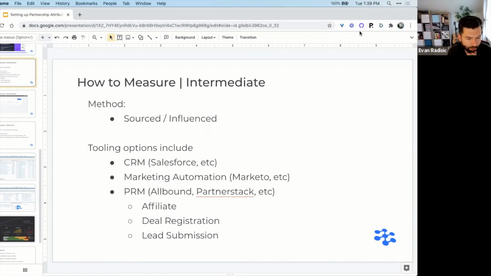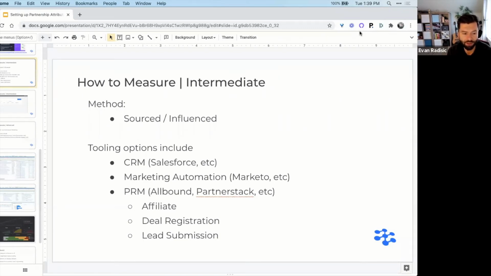Adam, for the difference between deal registration and lead submission, obviously with deal registration there's a filter where somebody looks at it and then creates that opportunity. With lead submission, it goes directly into something like Salesforce, and if it closes, they get compensated. So there's no filter in between. Do you see a downfall or an upside to using one or the other, having that person as a filter?